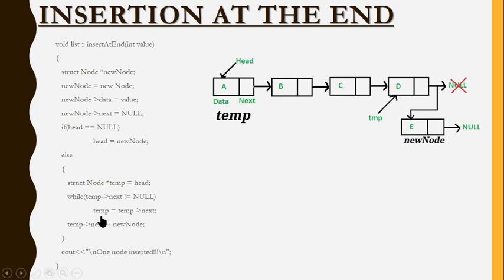Look at this code. This might be quite confusing. I'm saying temp equal to temp points to next. What is the meaning of this? When I say temp points to next, initially temp is over here, isn't it? So if it is pointing to next, what do we have here right now? The address of this node. Okay, the address of B is present here. So when I say temp points to next, the arrow will point here. Since it contains B's address, the arrow will point here. So once I say temp points to next, once the arrow comes here, I am assigning this node as temp.